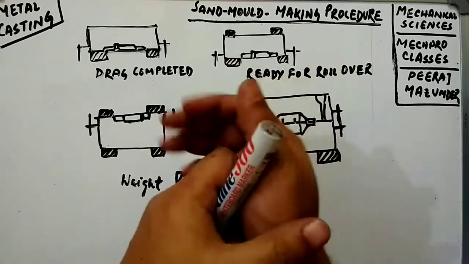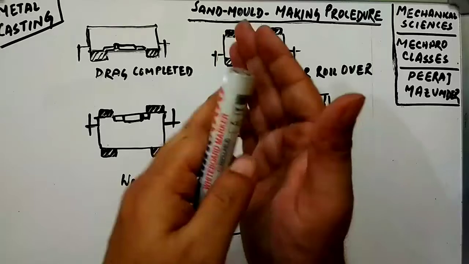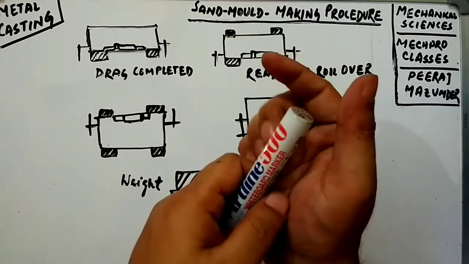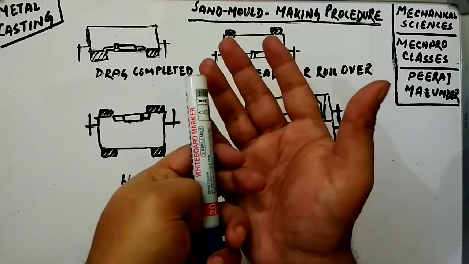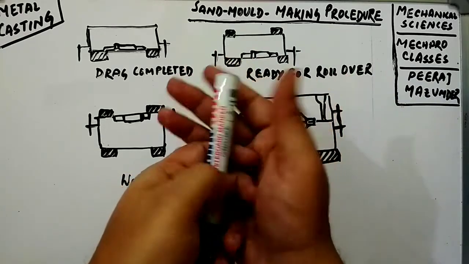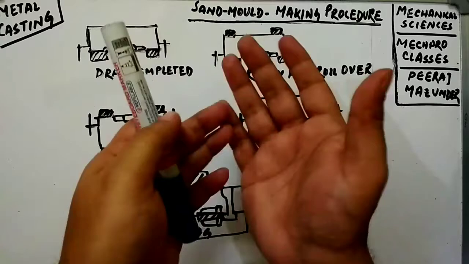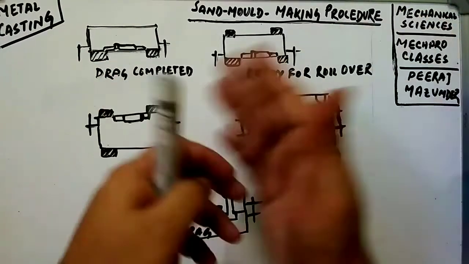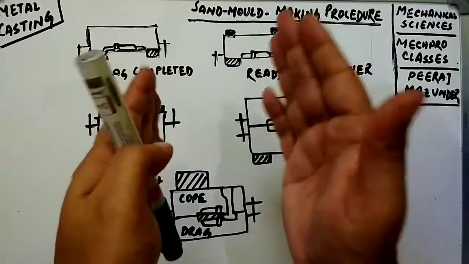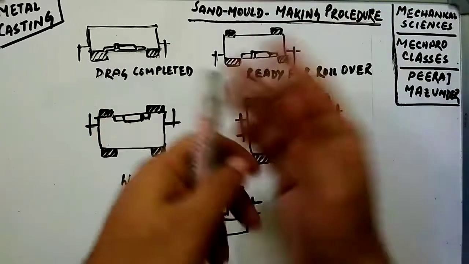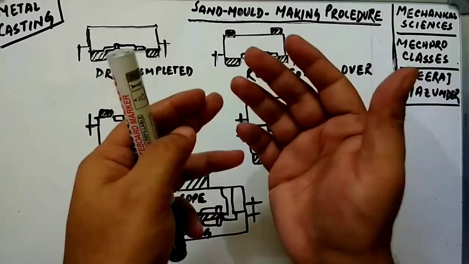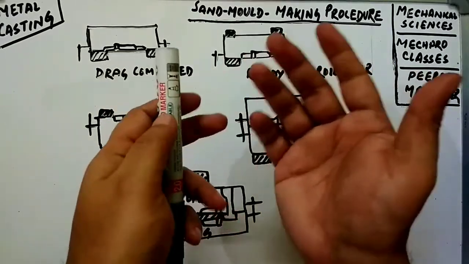Now look, before pouring molten metal or performing the casting operation, you have to perform the sand mold making procedure. In this procedure, first the bottom board. You already know, in the first video I described what a bottom board is and what the uses of a bottom board are. A bottom board is generally nothing but simply a wooden board. It is easily available anywhere, so you need to have a wooden board. We will say bottom board rather than wooden board.